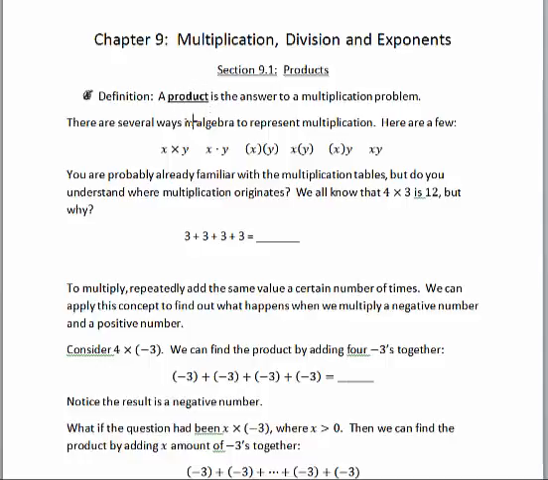Okay, there are several ways to represent multiplication. This first one here is not really one of our favorites, since it has a traditional multiplication symbol, and that can be confused with x. Okay, because we're starting to use variables now. The other ones are probably